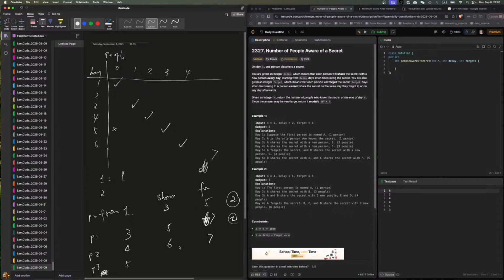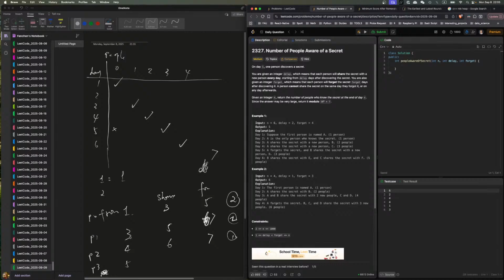We start with 6, so that will give you 1 person. And this cannot do. Now we have 6. What? Day 1, 1 person, okay. Day 2 is only 1. Day 3 we have 2. Day 4 we have 3. Yes. Day 5,